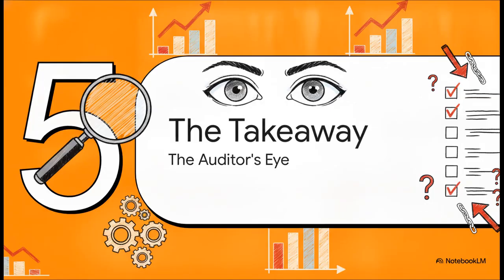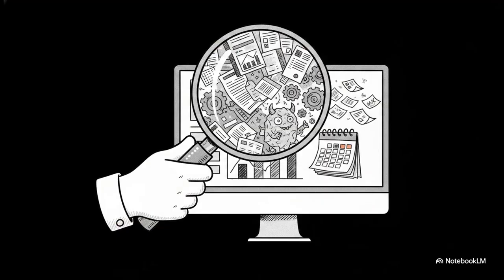Section 5. The takeaway. Let's look through the auditor's eye. Now that we understand how the system is supposed to work perfectly, what exactly do professionals look for when this whole thing breaks down? Well, when auditors come into a company, they are hunting for the ultimate red flag, something we call the aging GR/IR monster. They will rigorously scan your ERP system looking for any GR/IR balances that remain open and aging for more than